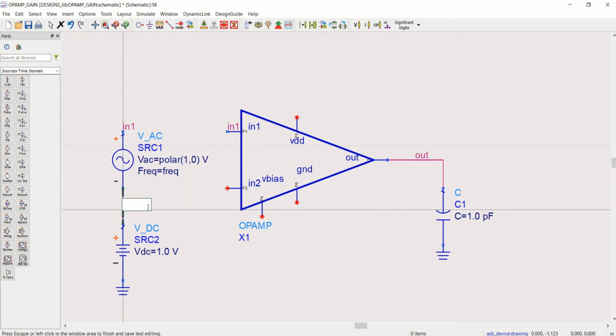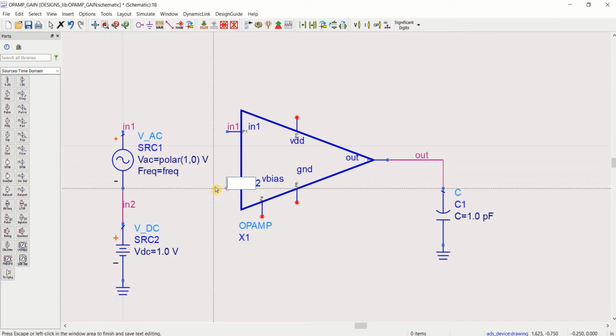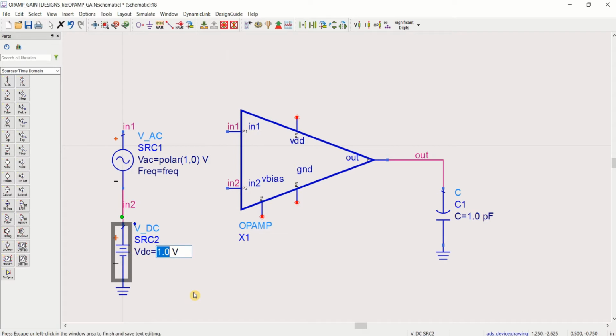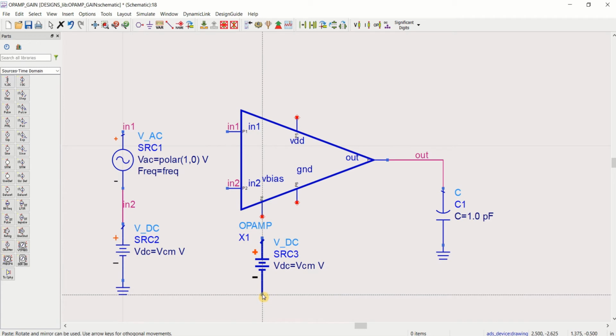I am providing this into this, what it is connected. I want to provide the bias potential, or I will call this the common mode voltage, VCM. I'll use this same for providing the bias potential.